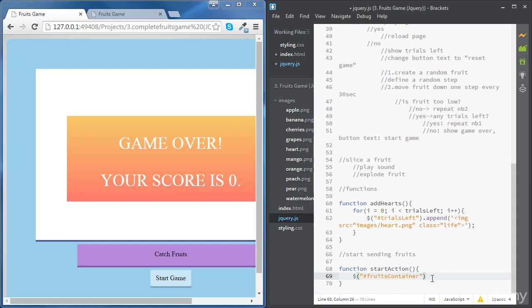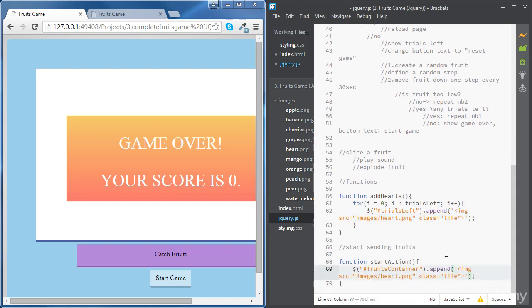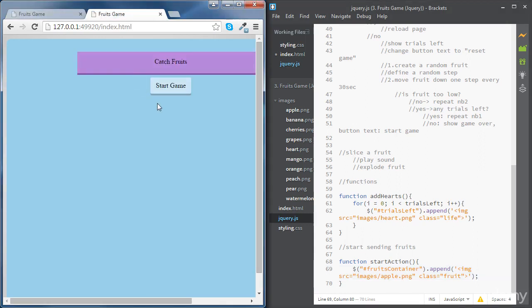And we're going to use the append method, and we're going to use the same syntax we used there. So we're appending an image of source images, and we're going for an apple, so it's going to be apple.png. And let's give it a class fruit that we can use later to style these fruits. So now if we save this and